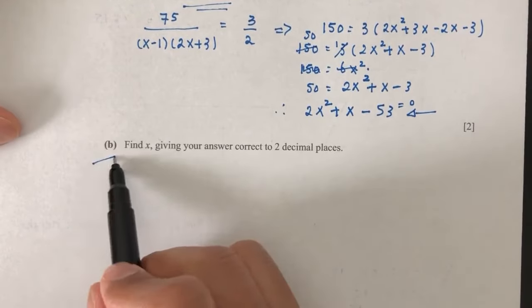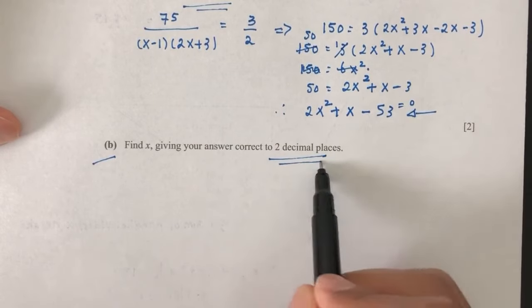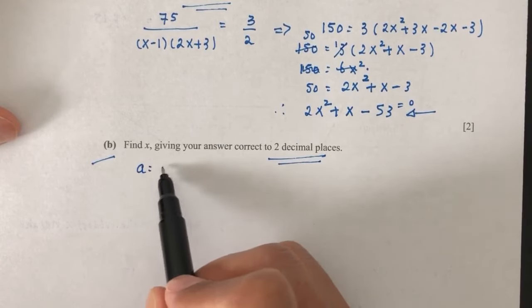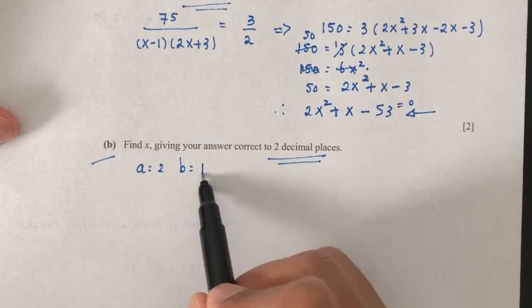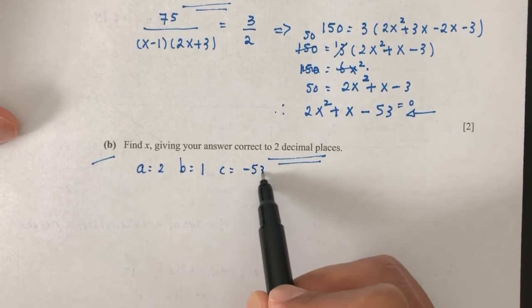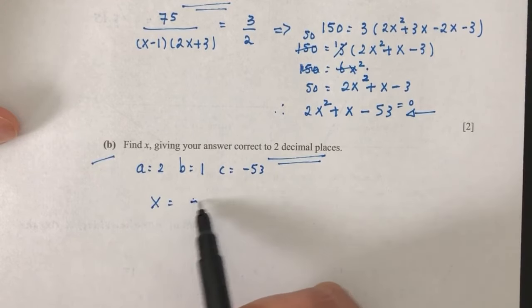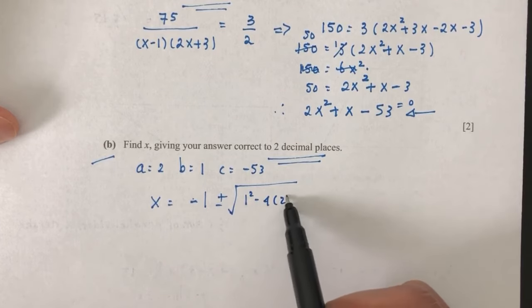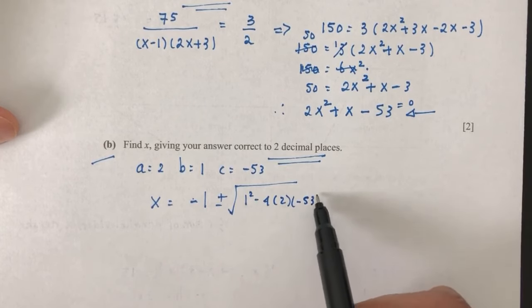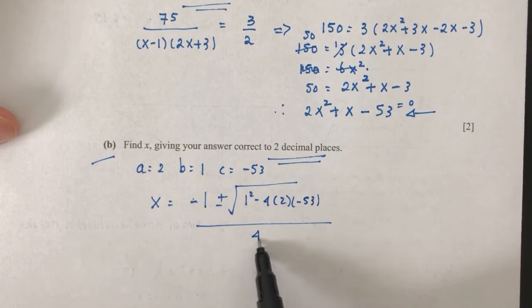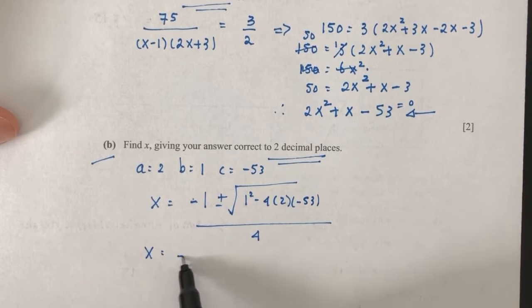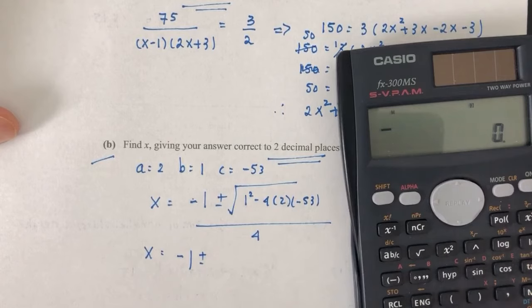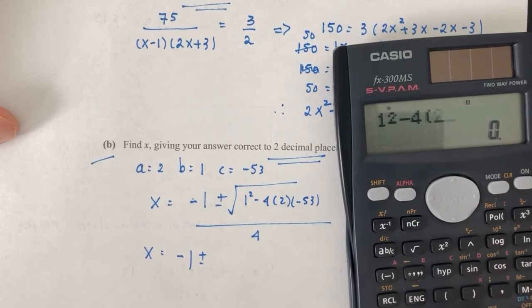Now moving on to part B, giving your answer correct to 2 decimal places, so we have to use a formula. A will be 2, B will be 1, and C will be minus 53. So x will be minus B plus or minus the square root of B squared minus 4 times A times C, and all this divided by 2A, which is 4. So simplify: minus 1 plus or minus the square root of 1 squared minus 4 times A times C will give me